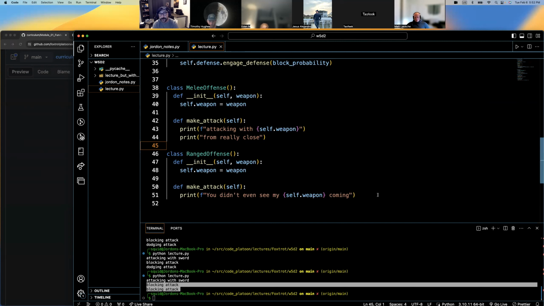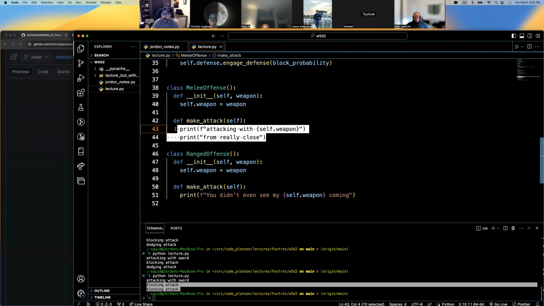But you're on to something. You are right. You're going the right way. In short, we're duplicating a lot of work here, right? Melee offense needs to have a weapon instantiated. So this is ranged offense. It's got variables for both. They both have a make attack function, so that is duplicated. They do different things, but